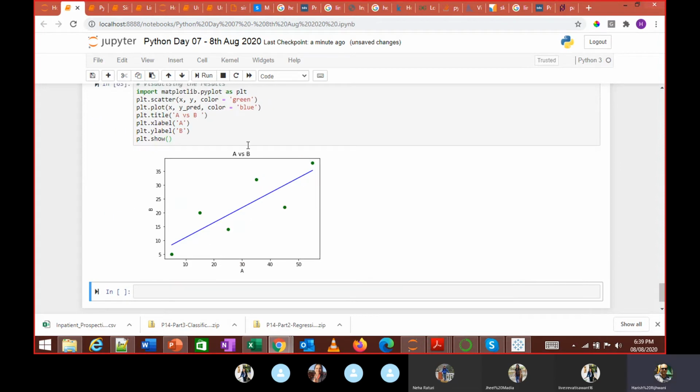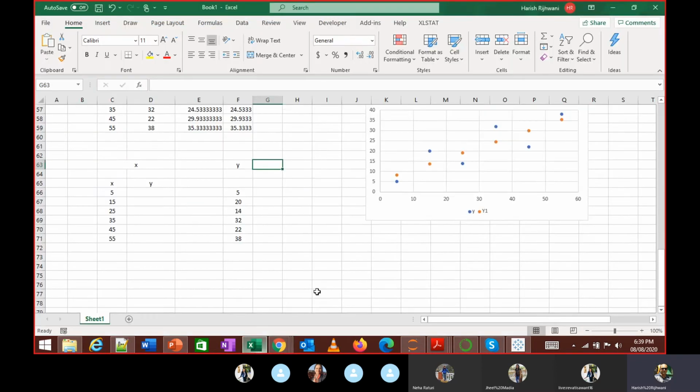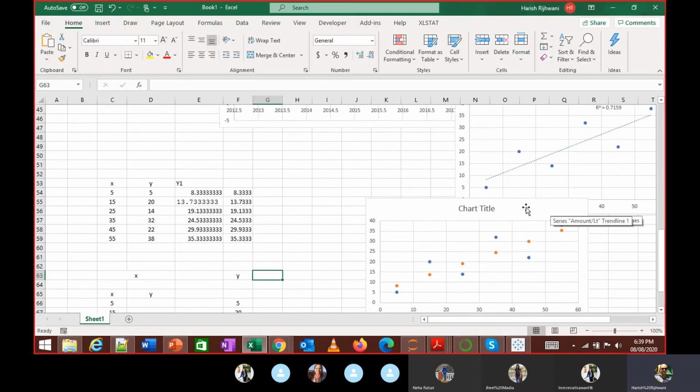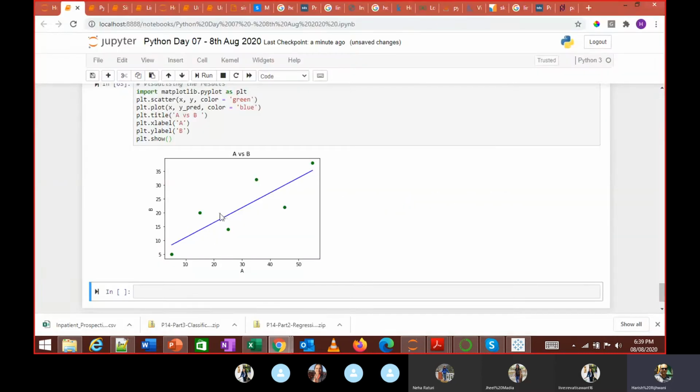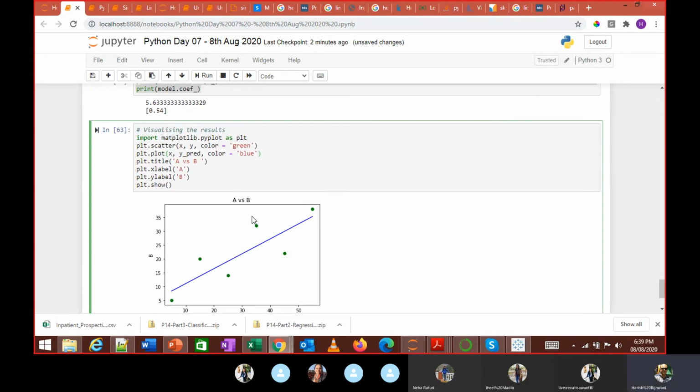You see this line? I have drawn a line and a scatter plot, and I am getting the same trend line which I saw in Excel. I'm getting that same line over here. Everybody got it? Did you guys try how to use linear regression in this?